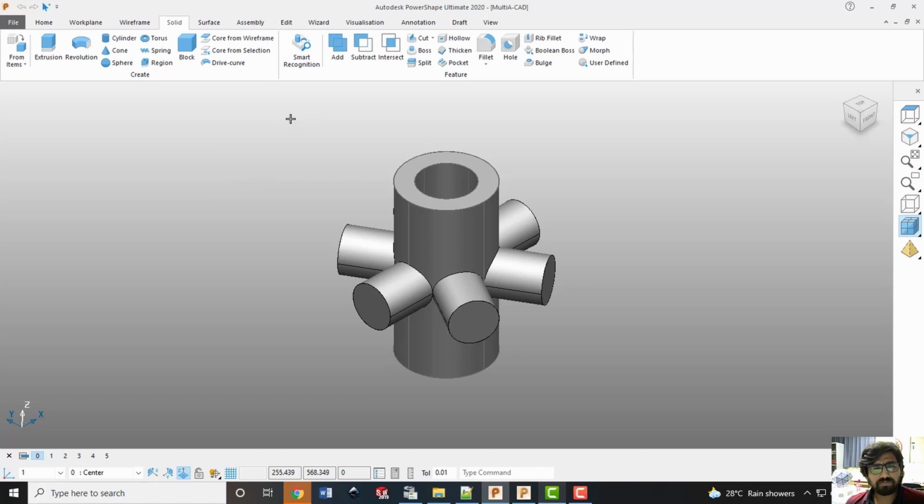So let us try to develop the tool path for fabricating this object by directed energy deposition through a multi-axis kinematic machine tool. So first of all, we will decompose this part. Of course, after learning more about the process, you will be able to understand which part has to be decomposed.